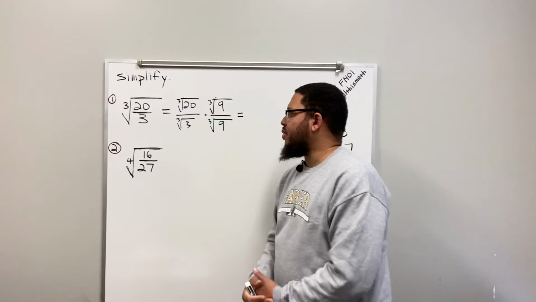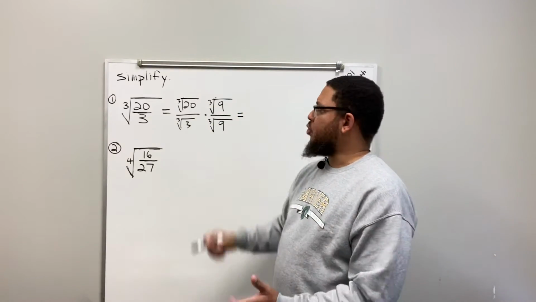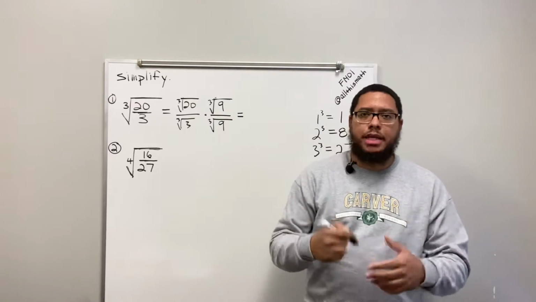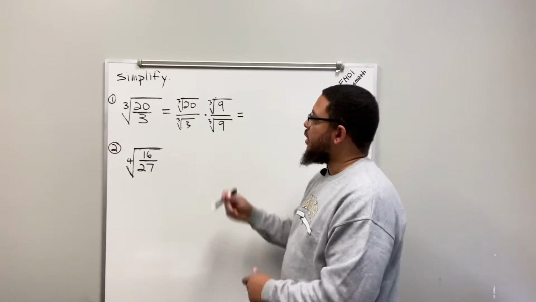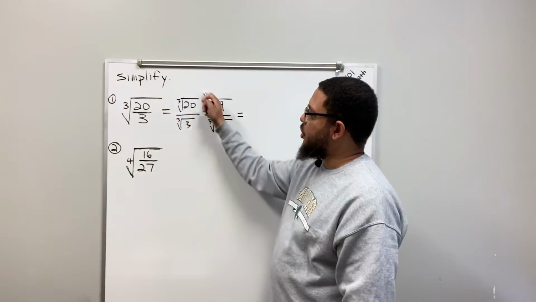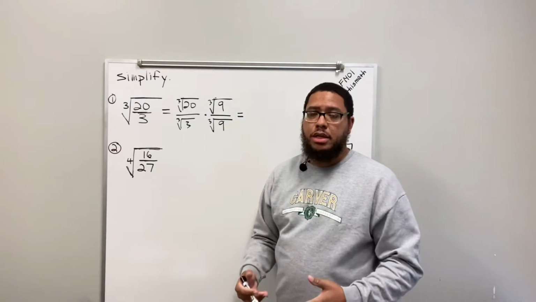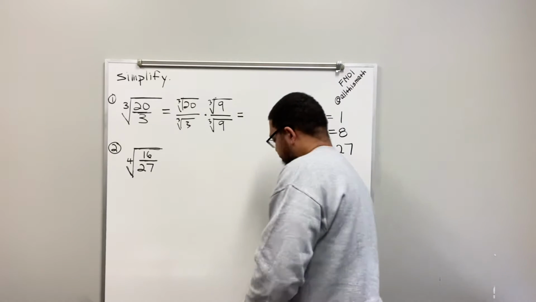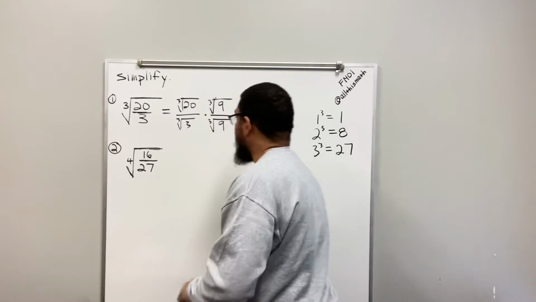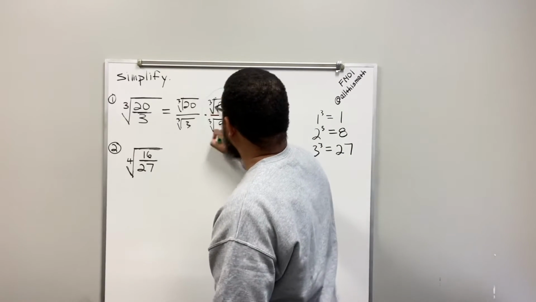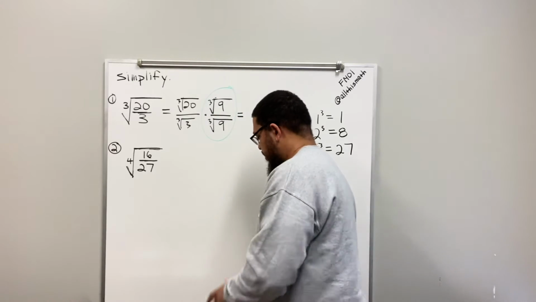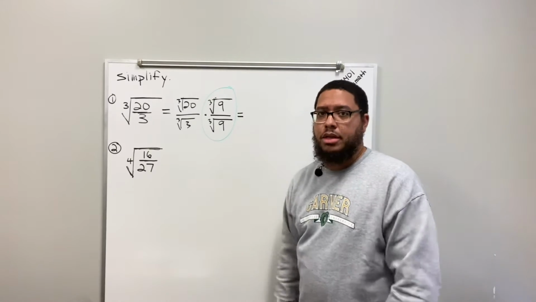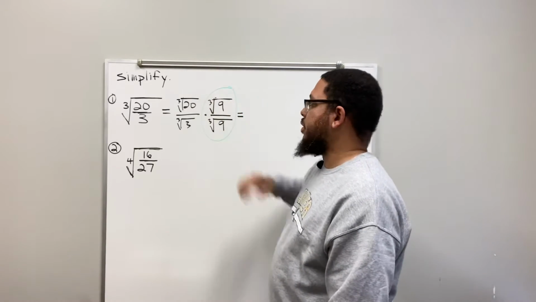But then you might be asking, well, why do you have to multiply the numerator by the cube root of 9? That's a good question. You have to multiply the numerator by the same thing because that way you're not changing the value of this expression. The numbers can change, but don't change the value. This fraction right here is equivalent to 1, because the numerator and the denominator are the exact same thing.